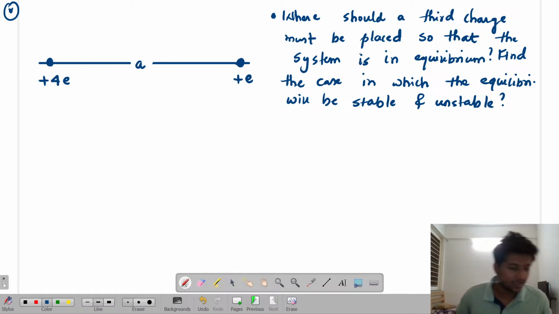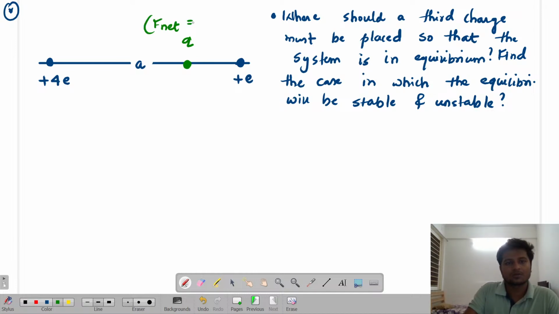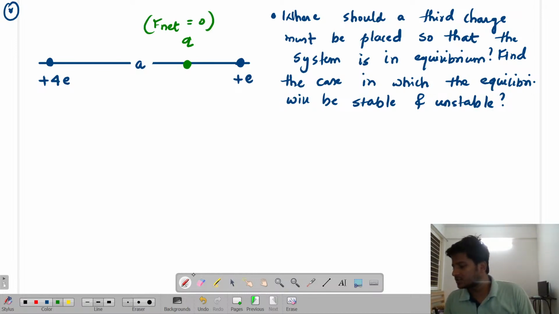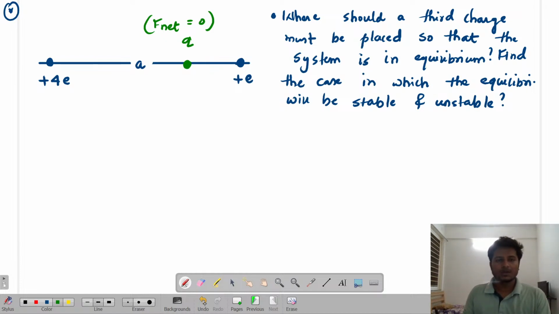चलो भाई सॉल्व कर देते हैं, है ना। बोल रहा है कि where should a third charge must be placed so that the system is in equilibrium, find the case in which the equilibrium will be stable and unstable। अरे कुछ भी करो, चार्ज जहां पर भी हम प्लेस करें इक्विलिब्रियम में है तो उसके ऊपर F net की वैल्यू क्या है, जीरो, है ना। F net must be equal to how much, जीरो। अब F net जीरो है तो इसके लिए क्या करना होगा, सिंपल,